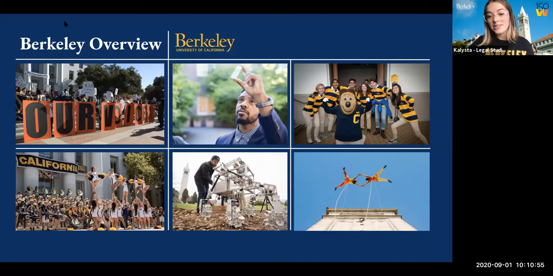In the upper right, you'll see our rally committee who, like Abby said, is in charge of doing all spirit activities on campus, getting the students pumped and ready for games and such, which is super awesome. And right below that, you'll see the campanile, with 2 dancers hanging off the side of it, which was for a celebration for the campanile's anniversary. That's really amazing, that we had that incredible performance outside of the campanile. So yeah, those are some more pictures of Berkeley.